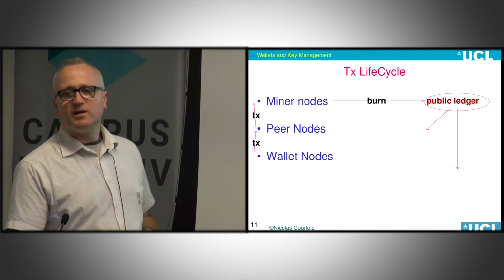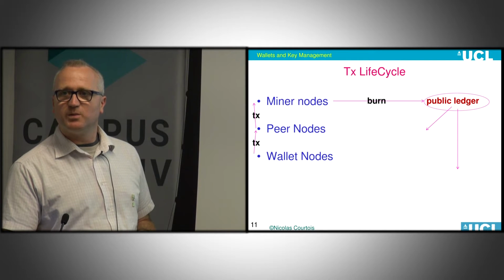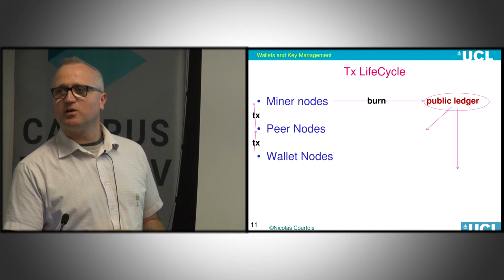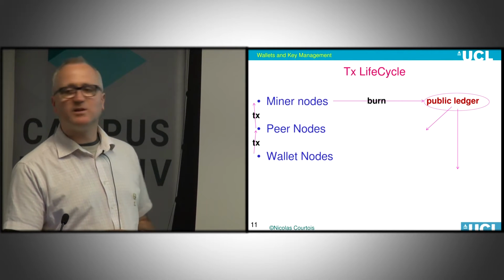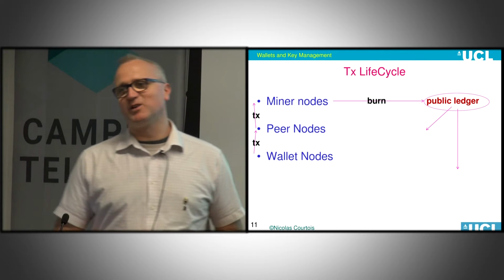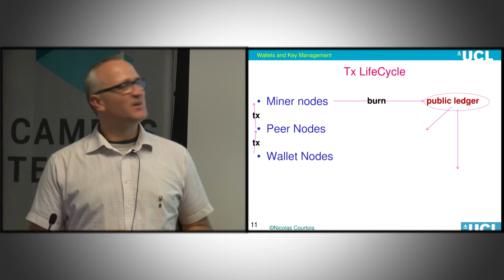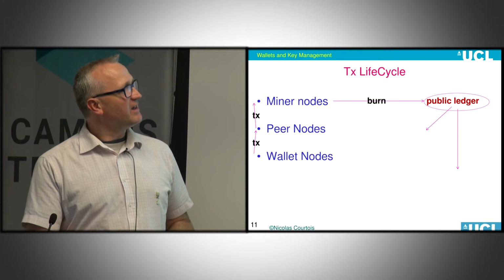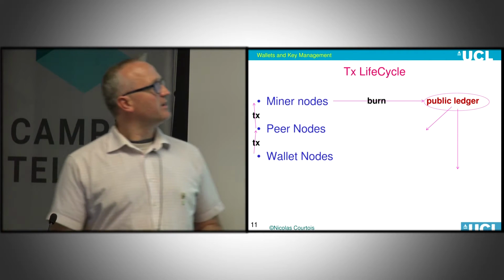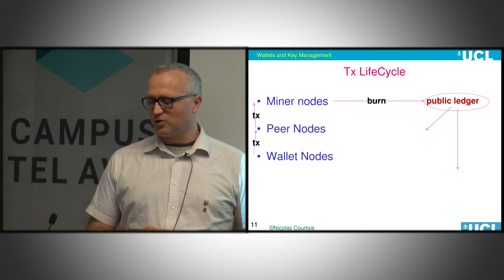Extremely few network nodes, which are the pools, extremely few people. So this is the most important centralization point in Bitcoin. It occurs here at this moment. It has been going on for many years. And then the miner nodes burn these things into the Bitcoin ledger. They use a lot of energy. It's really like burning a DVD. It has a certain cost. And this becomes a public ledger. It is broadcast to everyone through different means. So we have this interesting cycle. It's not like what Satoshi imagined.